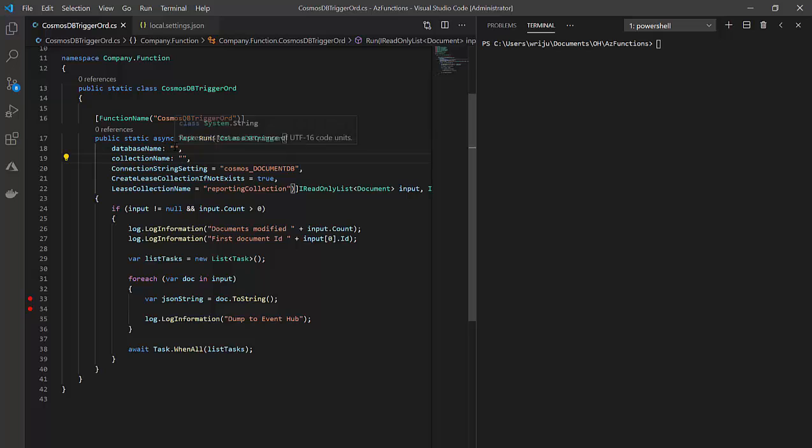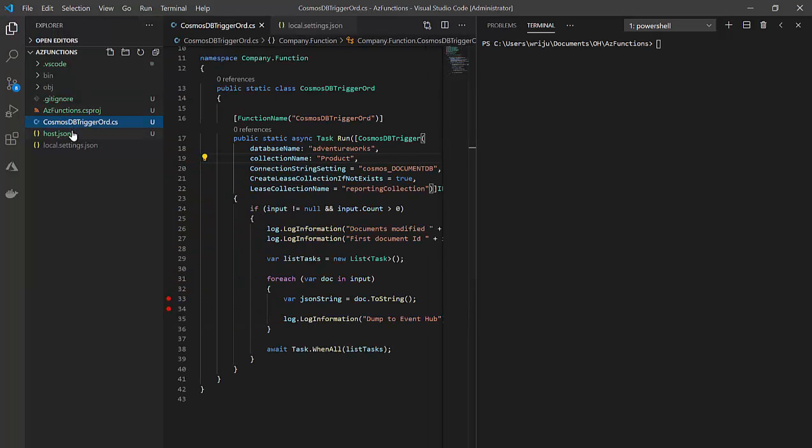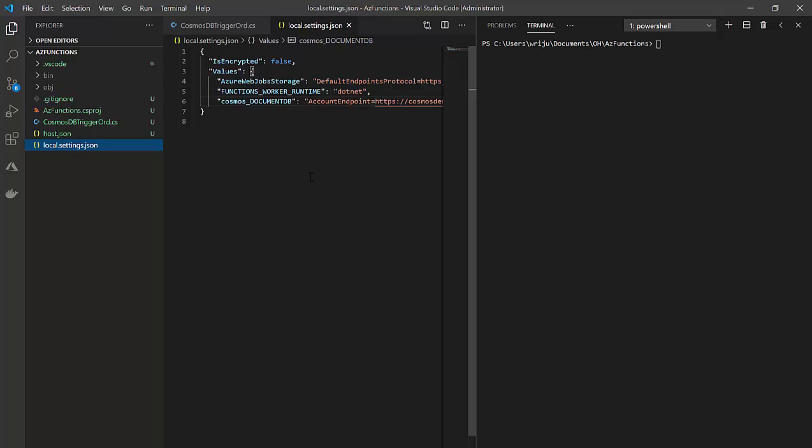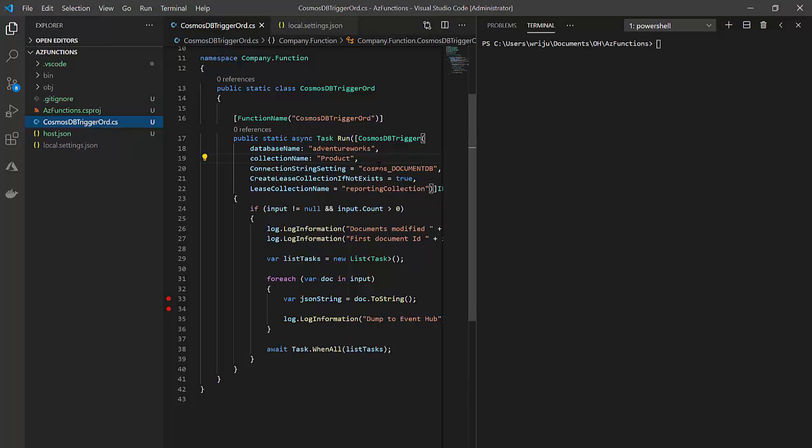I have a Cosmos database which is Adventure Works, and then I have a collection name that is product, and then I'm using the local connection string. You can see that I have the Cosmos DB details available over here, and then I got this